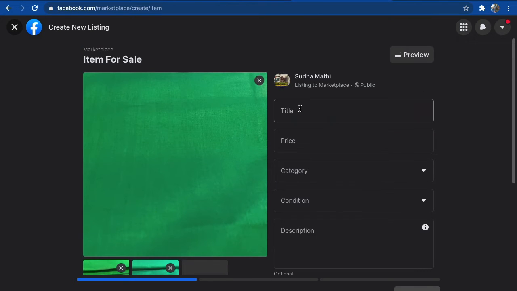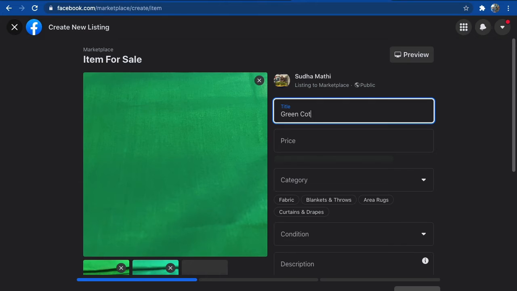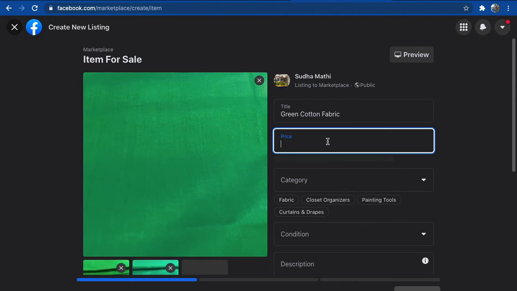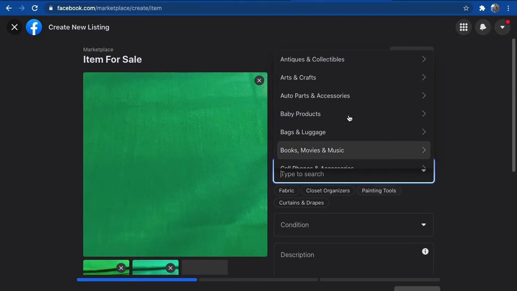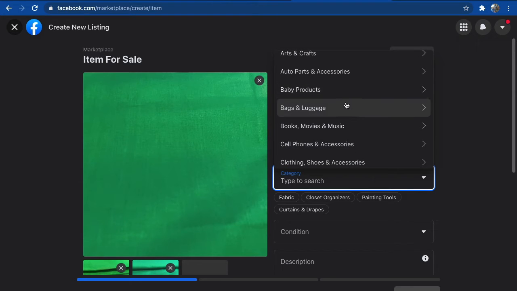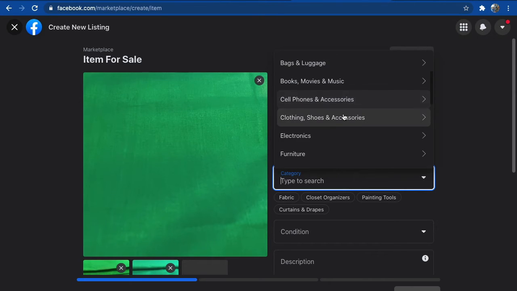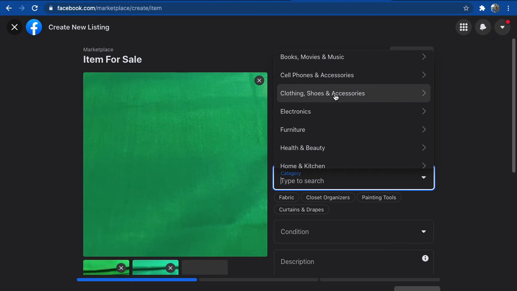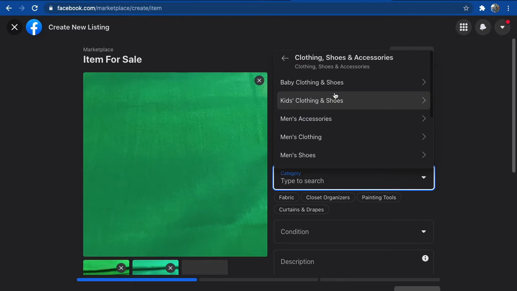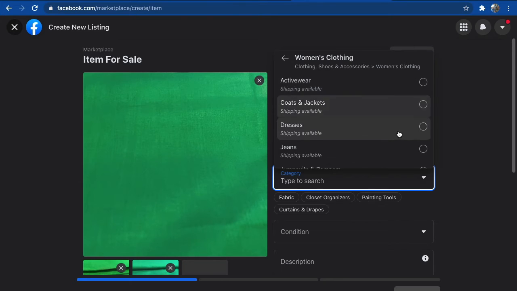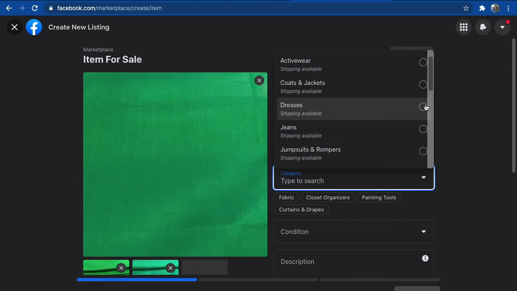Now we have to add the details. The title is green cotton fabric, and I'm putting the price as $5. There are default categories to choose from, so you can choose whichever category you are posting in. I'll choose Women's Clothing, and there are dresses.